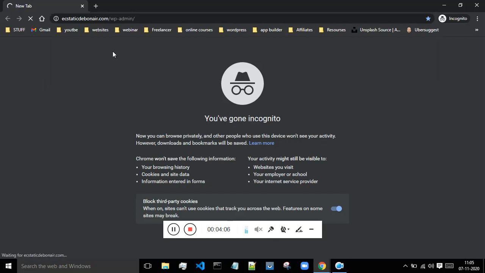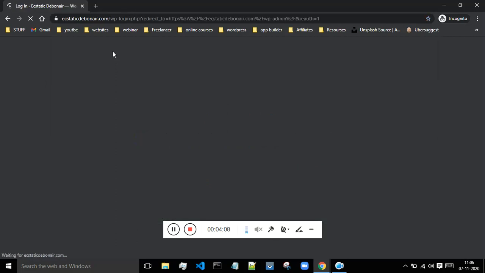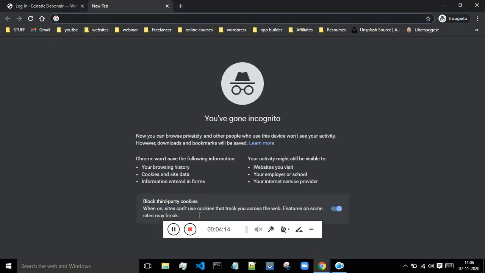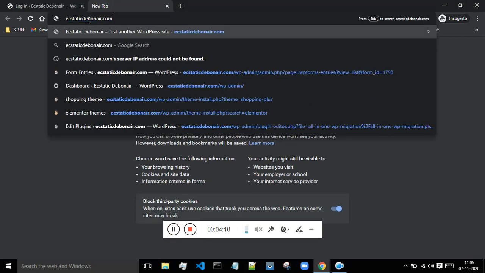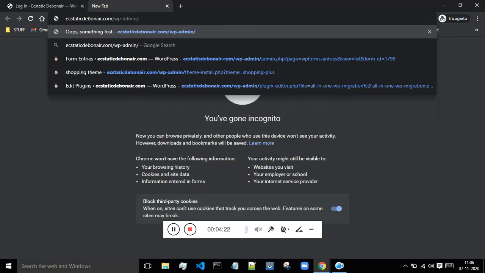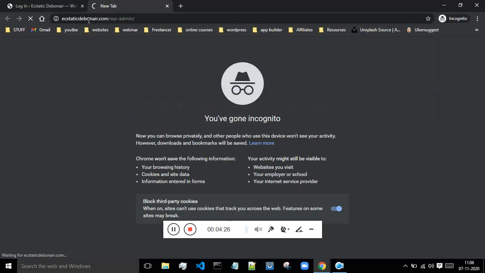Whenever you are logged out, and whenever you want to access your website from any portal, you just have to do one thing. Come over here and type out the name of your website, then the slash and wp-admin. Once you are done with that, click on the enter key,